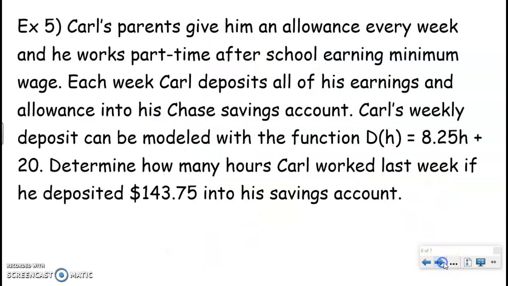Okay. You do need to be able to use equations for certain problems, so let's do one application. Carl's parents give him an allowance every week, and he works part-time after school earning minimum wage. Each week, Carl deposits all of his earnings and allowance into his Chase savings account. Carl's weekly deposit can be modeled with the function d of h equals 8.25h plus 20. Determine how many hours Carl worked last week if he deposited